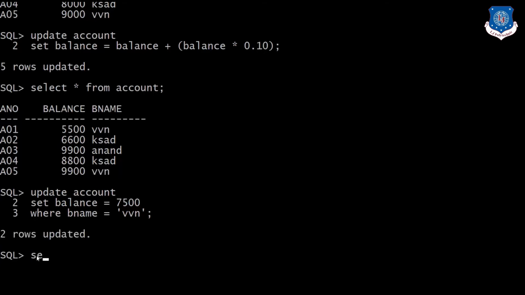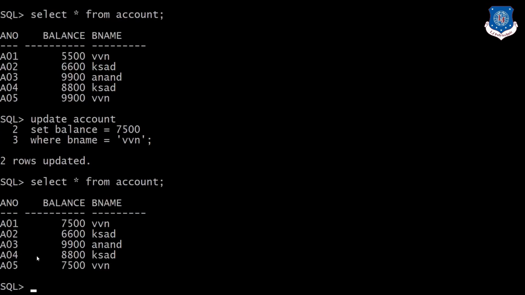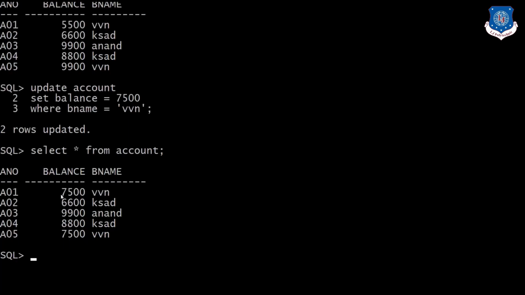Now check, select star from account. So by mistake I have updated this record also. So be careful while specifying the criteria. You need to specify a unique reference, a unique criteria.